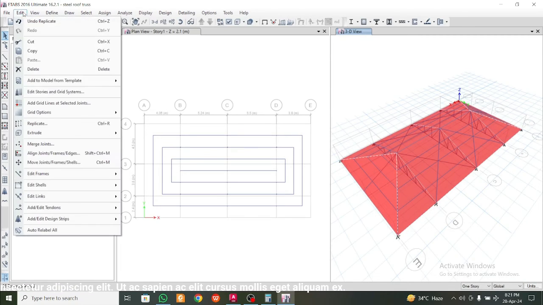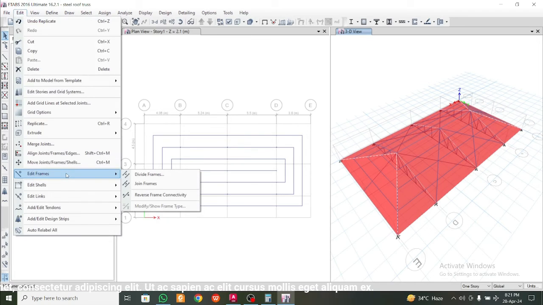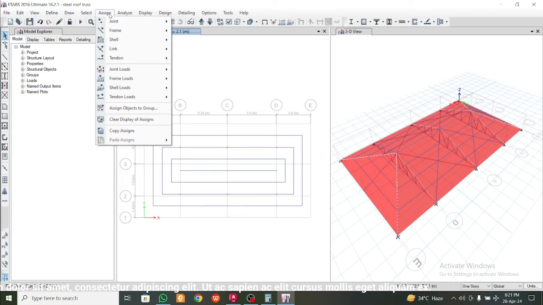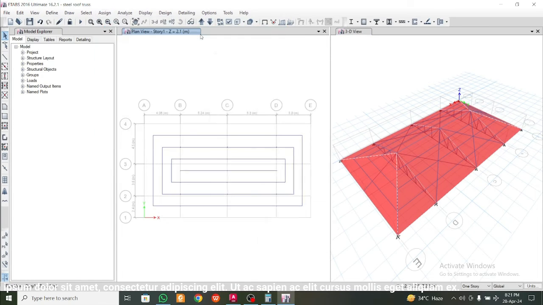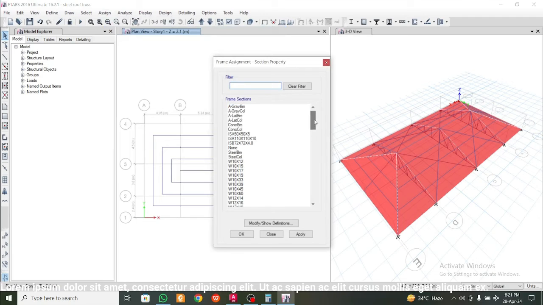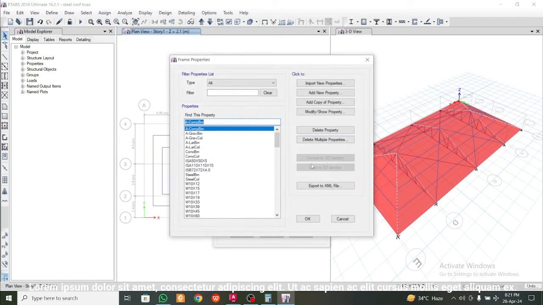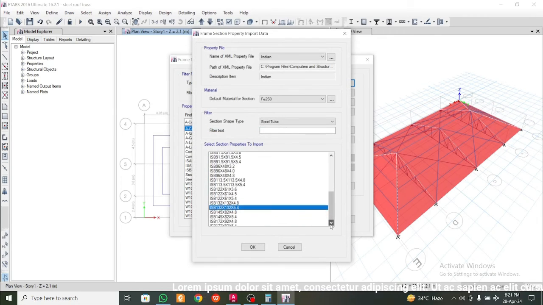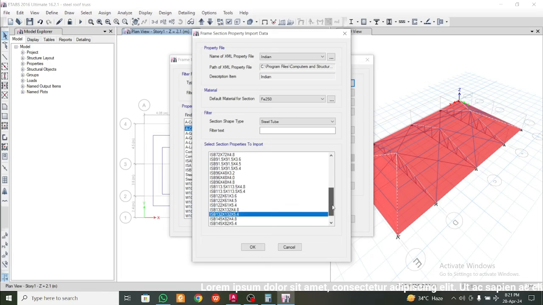Okay, these, 1 2 and 3 4, mainly these members. So first of all, let me just edit. No, just go to assign, frames, section property, and we'll use a different section here. Modify, import new property, box section. So I'll use 132 into 132 into 4. Let's see here, 72 into 72 into